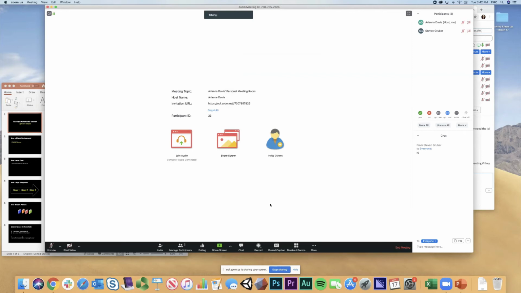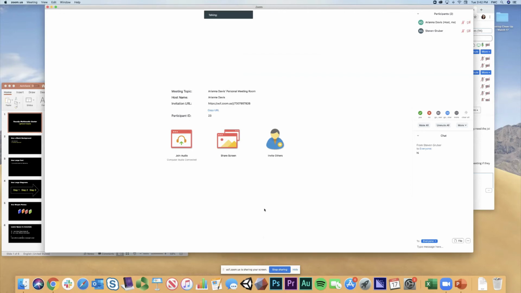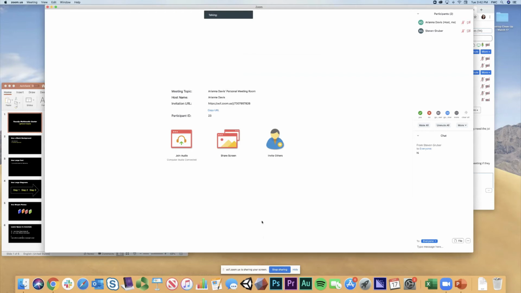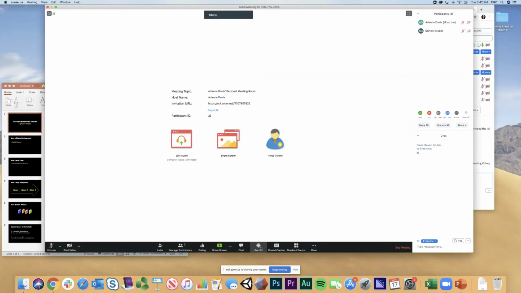So also, like I said earlier, when you were scheduling your meeting, you have the option to record automatically. If something really cool is happening in class and you did not select that and you have now decided that you really want to record that, you can come down here and hit record, and you have two options. You can record onto the computer. If you're not seeing that option in your instance, that's because you're using the browser version. In the browser version, you can only record to the cloud. I'm on the desktop client, so I'm able to record on my computer,